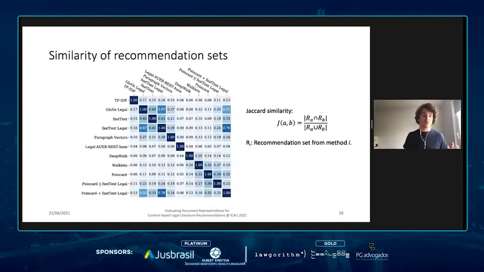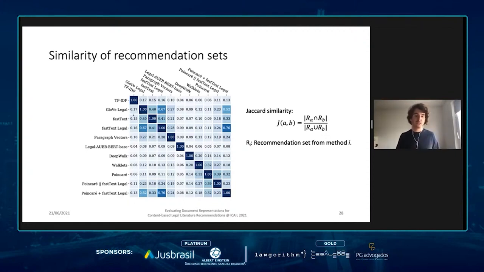Why the combination of text and citation improved the results is clear when we have a look at the similarity of the recommendation sets. In this heat map, you can see the Jaccard similarity of the recommendations of two methods, where a Jaccard similarity of 1 means that all recommendations are identical, and 0 means no overlapping recommendations.